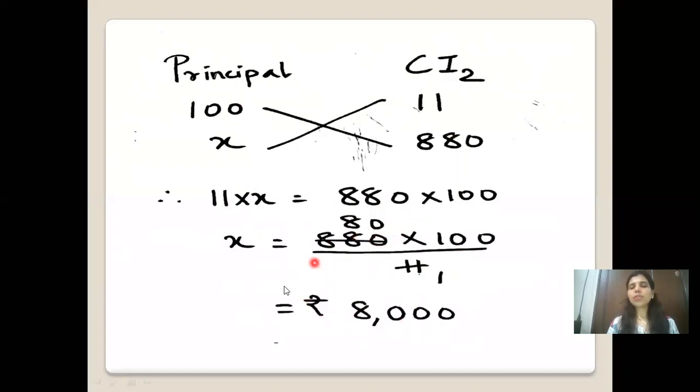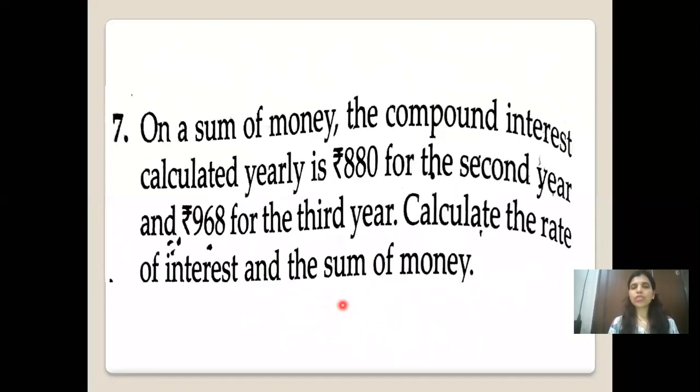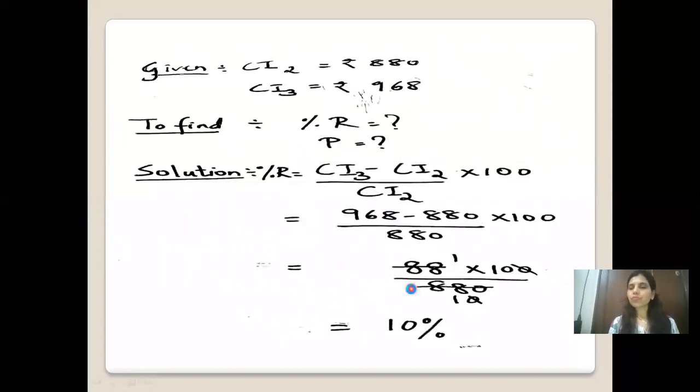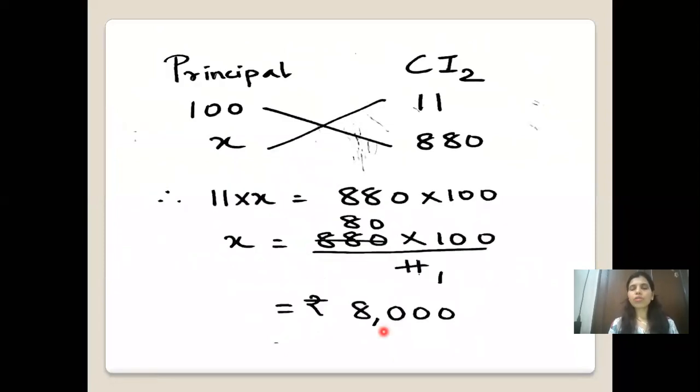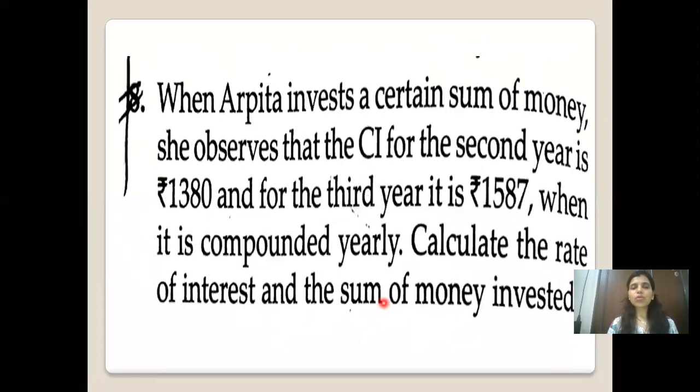So now the principal amount what we get, principal, the sum what they have said, is 8,000. So now both the answers, like if you see in the question, it was said on a sum of money. So you have to calculate the rate and the sum of money. So principal and percentage, you have done that. You have found the rate percent, and you have found the principal. So that's your final answer. At the end, write both the answers together and put it in a box. I hope till here it's clear, children. Now we go to the next question.